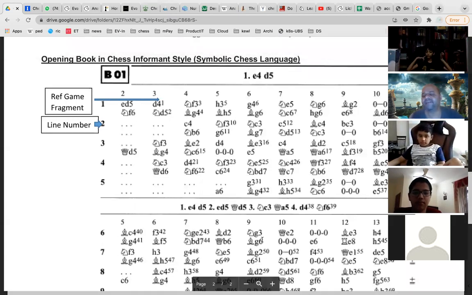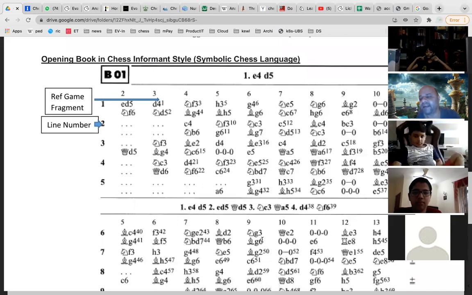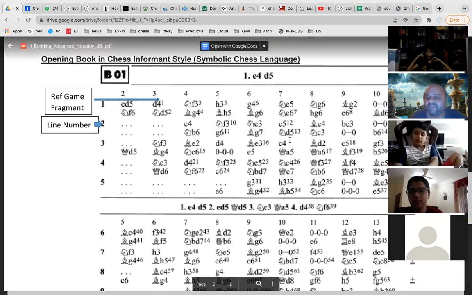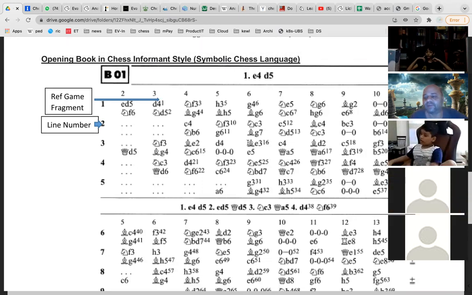Okay, lines mean these are various games that have happened. Various grandmasters have played this. He played like this, that game played like that, etc. So all of those is codified. Okay, and that is available. So this is like a complex knowledge. I'm just giving you so that you should know what it is and what to make of it. Okay, in L3 I will never ask you to learn this, but you should just know that such a thing exists.